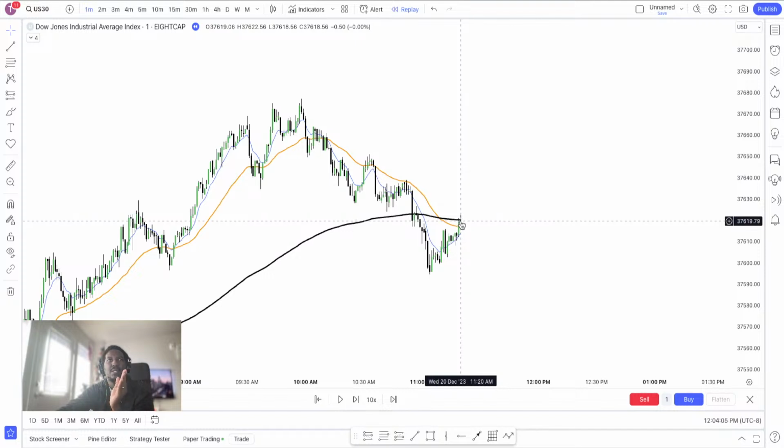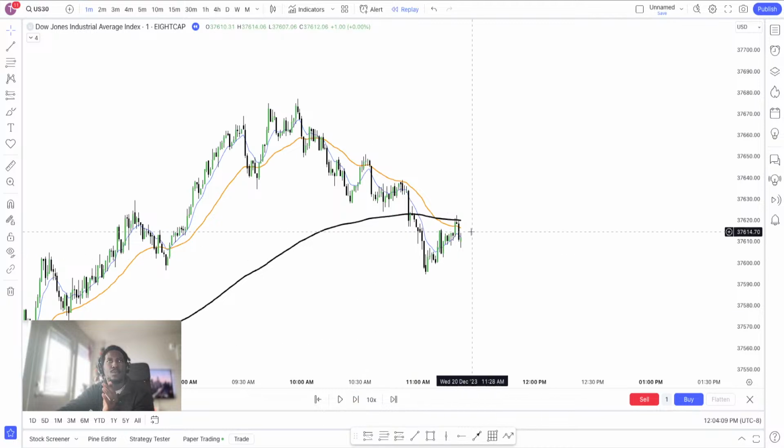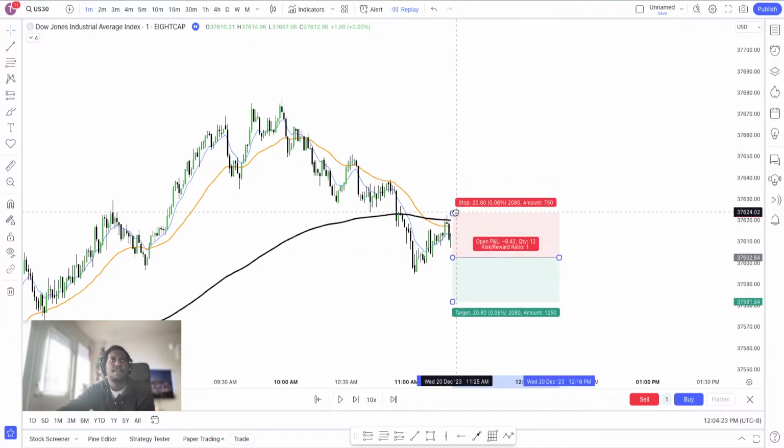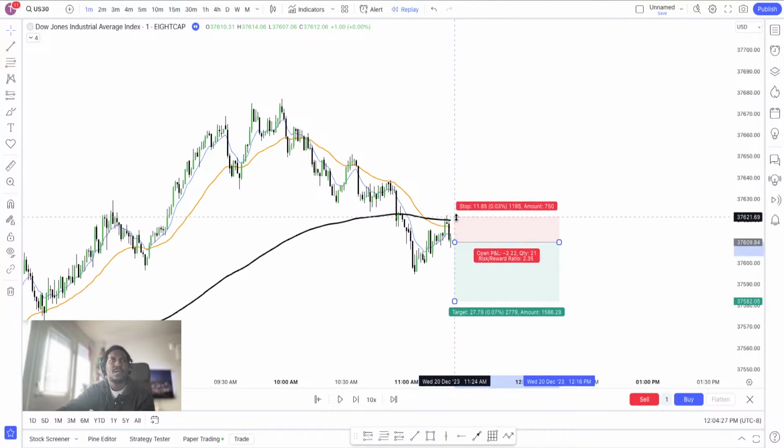All I want to see is now us cross down, right? And boom, we just closed below 9. 36 is well below 200, and 9 is below 36, so that lines up for an entry. So you can wait for some more confirmation, right? But that right there is what an entry would be like.